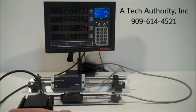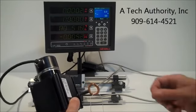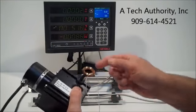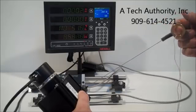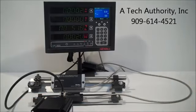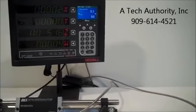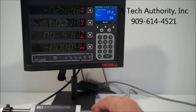I want to show you what we have on W, which is a great feature for a table on one of those large machines. This is actually an encoder with a drawstring assembly, and as you can tell, the drawstring gets pulled and the display measures the travel. When you look specifically at the new DP1200, you're going to see a very clear, bright display. You can see on the X-axis,